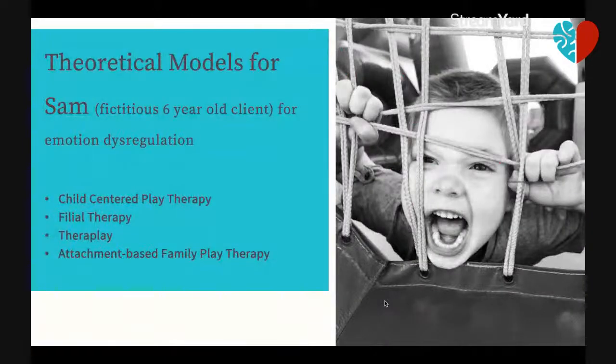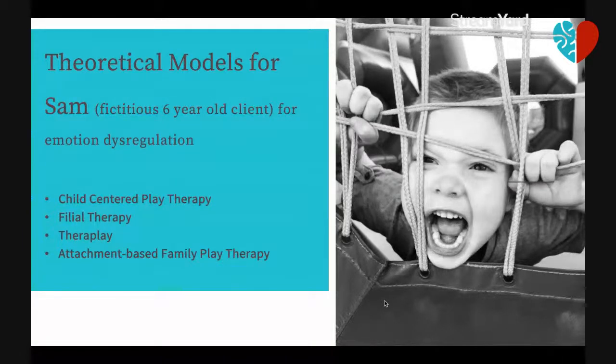So just application. Last week I introduced my fictitious client, Sam, who is 6 years old. So I'm going to talk about him a little bit more today. And Sam, fictitious client Sam, is presenting with emotion dysregulation. So Sam, his presenting issue is that he